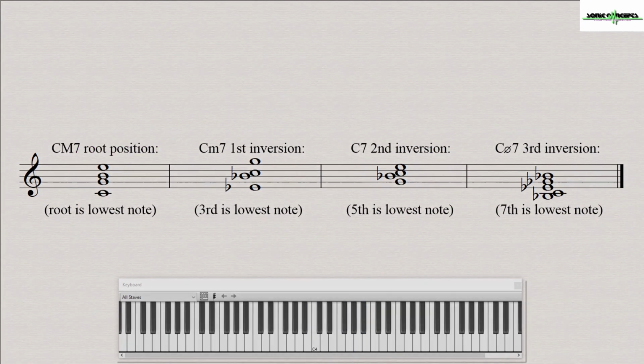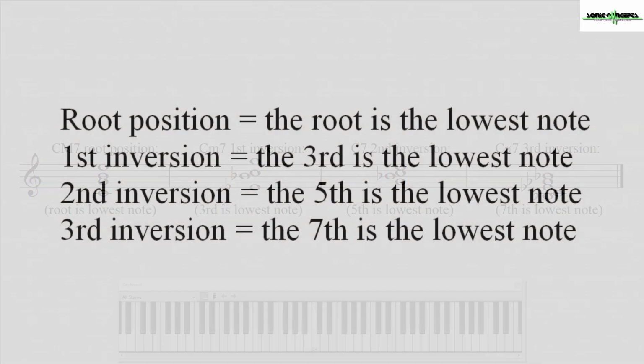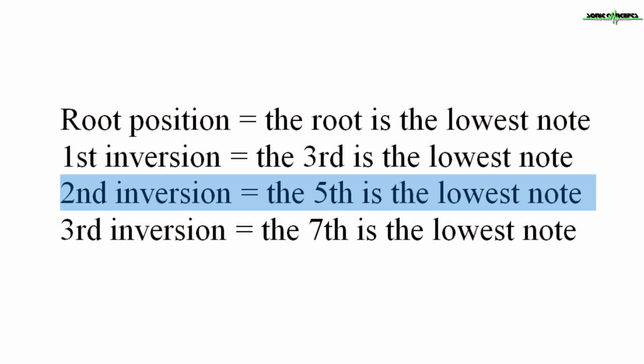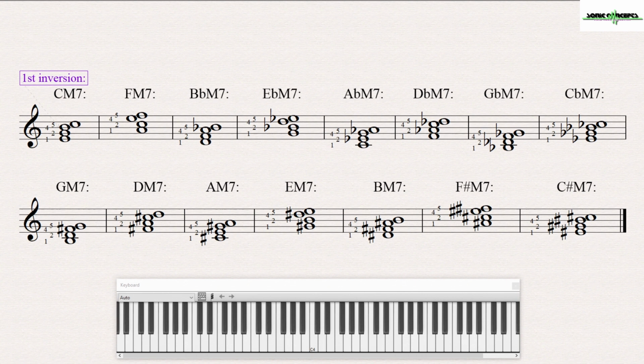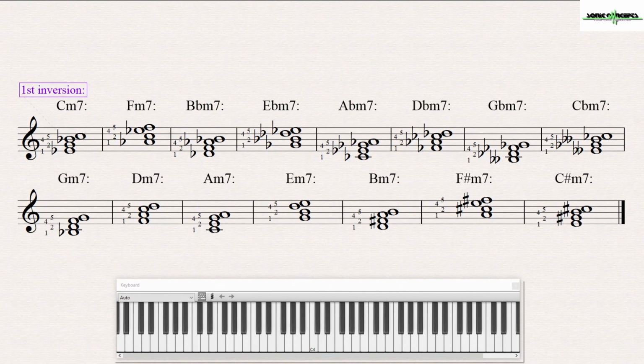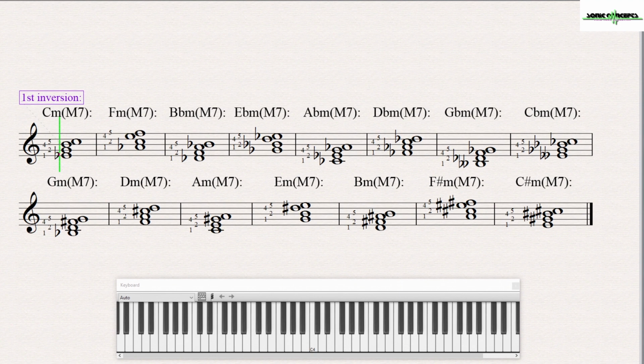The central point to remember is that the lowest note or chord factor in any octave of the chord determines the inversion. For example, if a chord is in second inversion, the fifth of the chord must be the lowest note. It doesn't matter what octave the other chord factors are in, as long as the lowest note is the fifth. This section lists the major, dominant, minor, half diminished, fully diminished, augmented, and major minor seventh chord inversions available